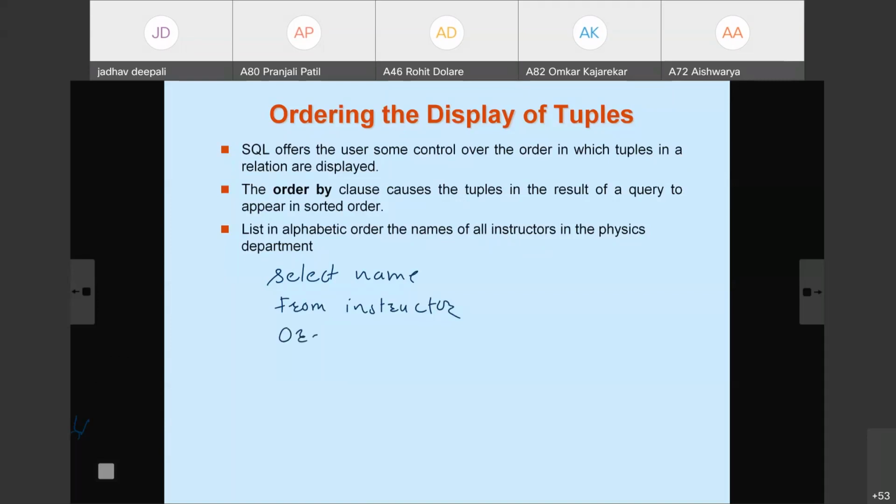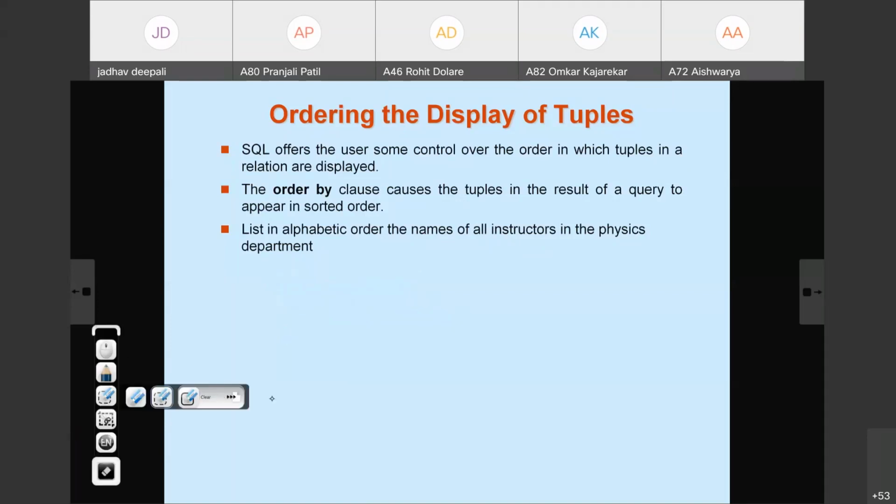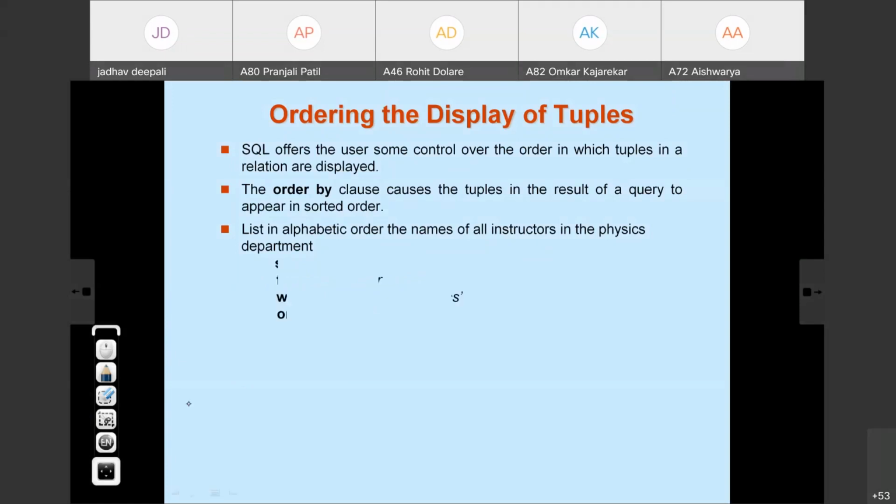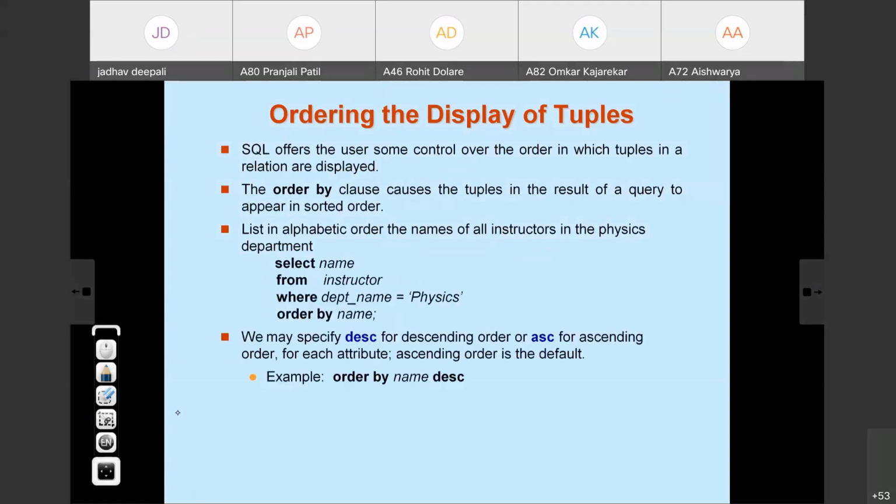But if I want to display it with some order, order by name. Order by name displays the names according to alphabetic order. By default it gives alphabetic order, that is ascending.